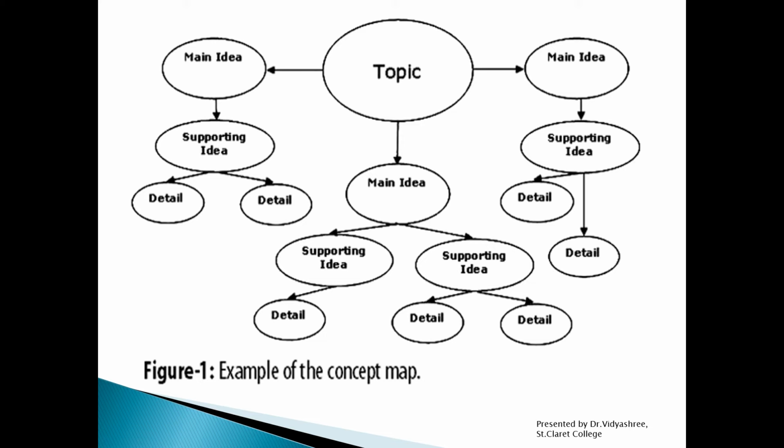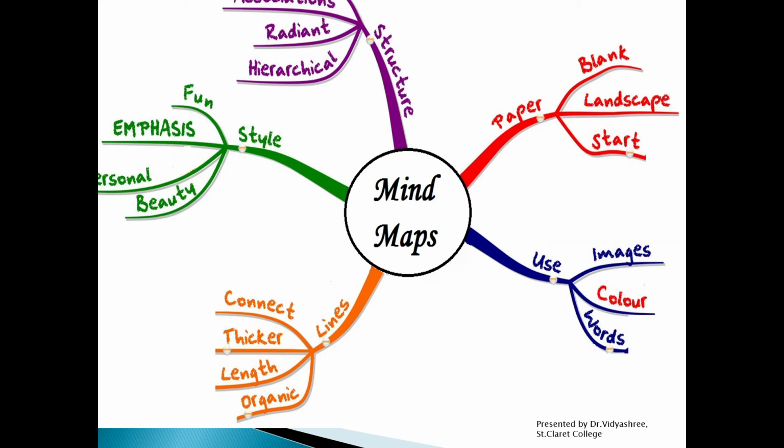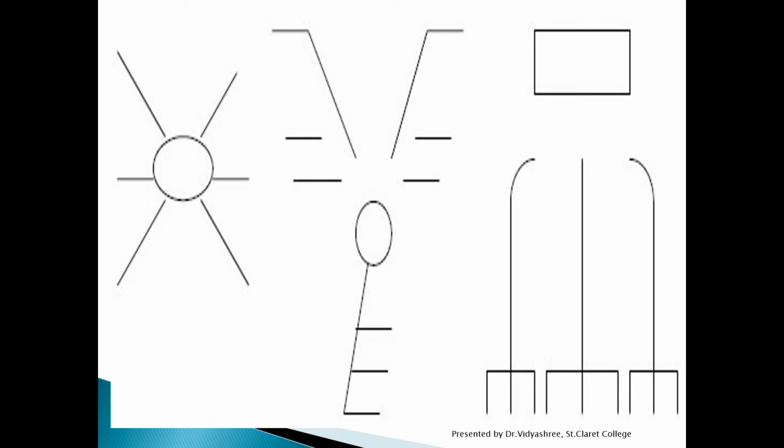Another example for this map note taking is, you can observe here in the picture. So you have a main concept and you have all the sub points which are categorized in the form of branches. This is also another example of how you take a mapping note taking system. This is yet another simple example which you can use in order to write your answers, as in the first picture, just to write a main concept and all its sub points in the form of a chart. This is also one simple form of map diagram.